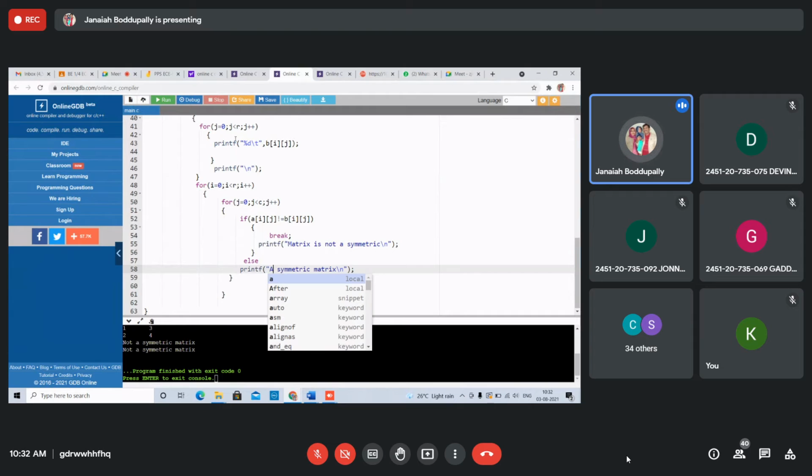Small modifications. For a 2 by 2 matrix, you can change it your way. 2 by 2, 1, 2, 3, 4. Yes, it is a symmetric matrix.